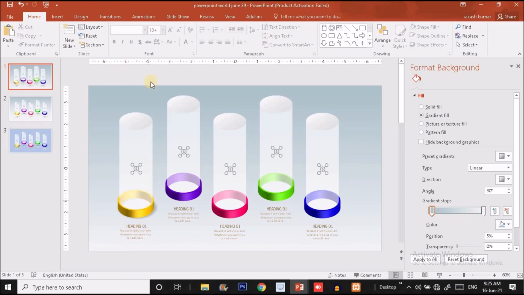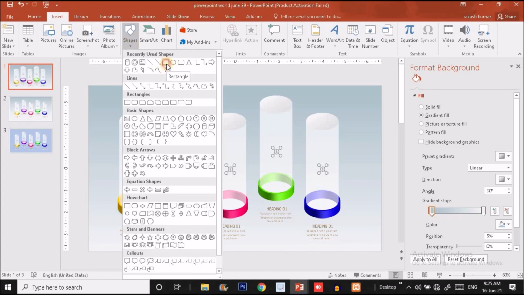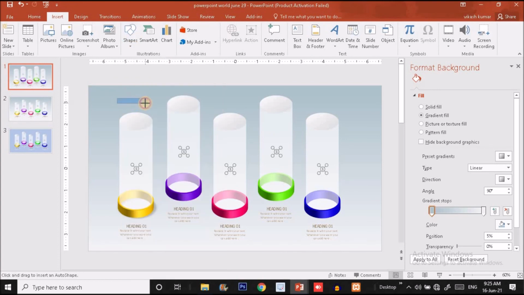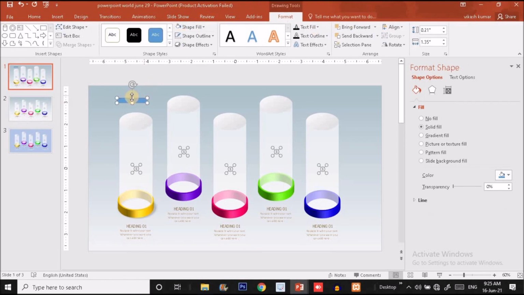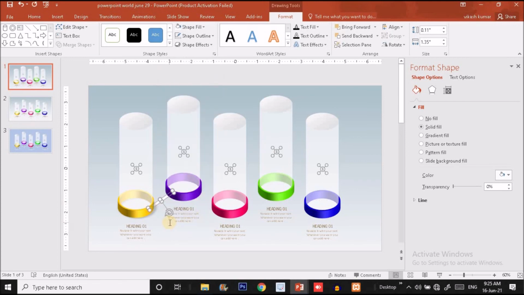So now I'm going to click on the insert option, and after clicking on it, I'm going to select a rectangle over here, drag a rectangle, make it no outline, make it thinner like this much, or maybe like this much. Okay, fill it with a white color, and after this I'm going to put it over here. So I'm rotating it like this. Okay, rotating it like this, and right click over here and send it to back.